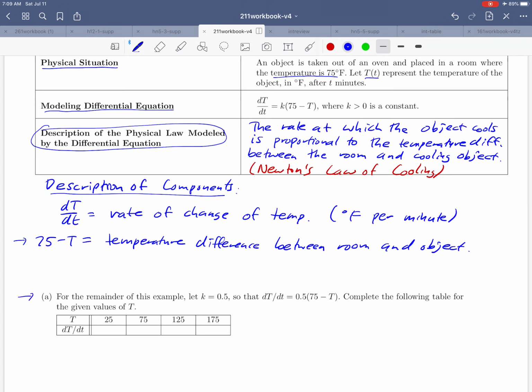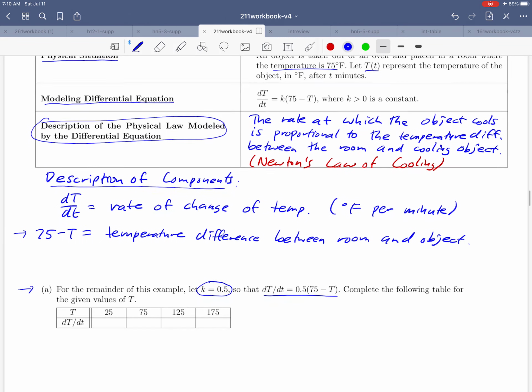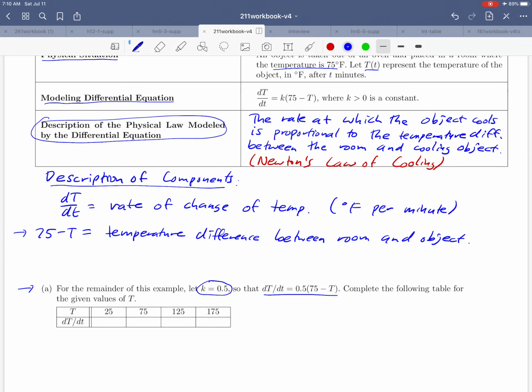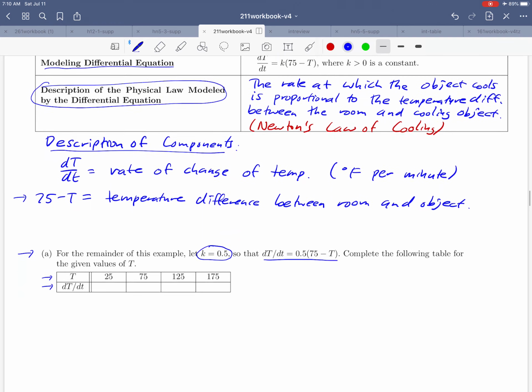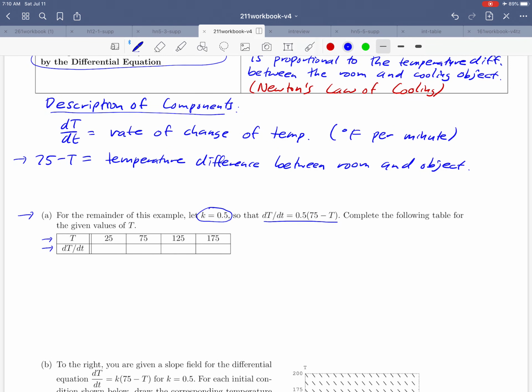So now what they'd like us to do is to give a specific value to that constant of proportionality, the 0.5, and then to use that to actually calculate some derivatives here. If you look at the table below, they're giving us some temperature values and asking us to calculate dT/dt for those values. So let's first do the algebra in the space that's here, starting with maybe the value of